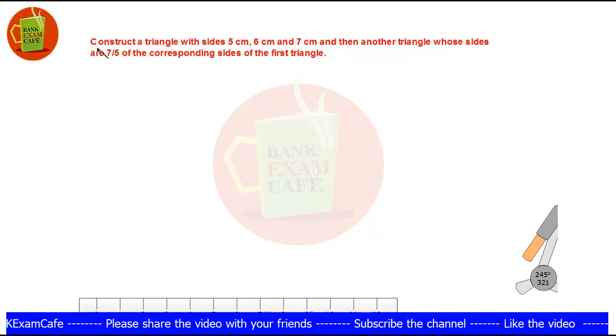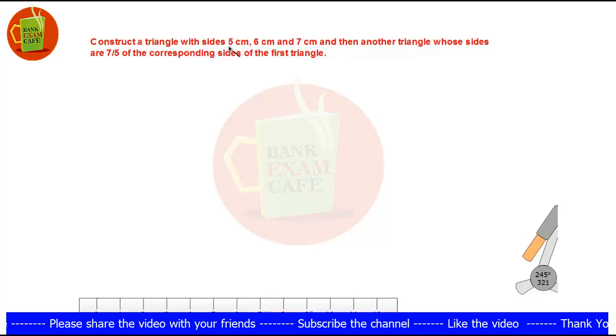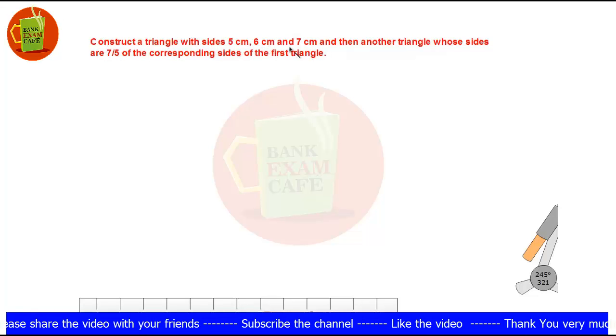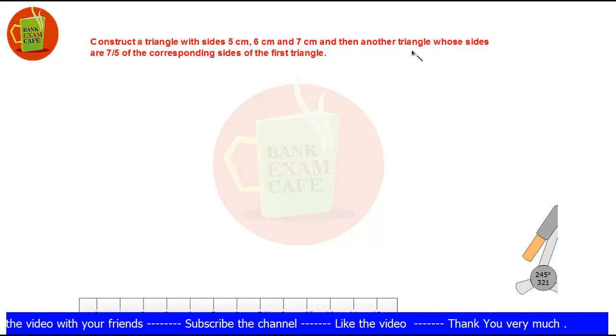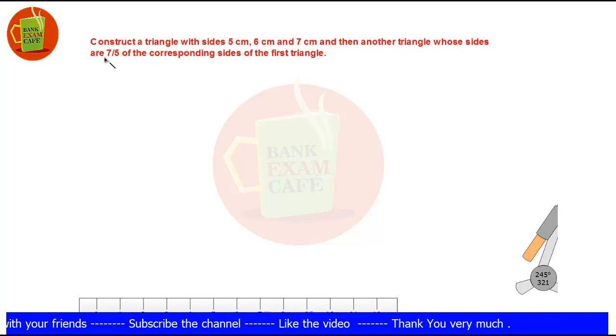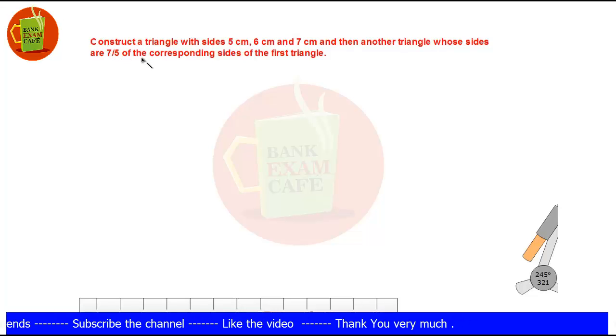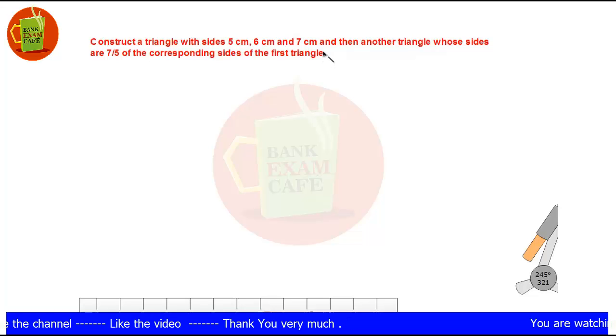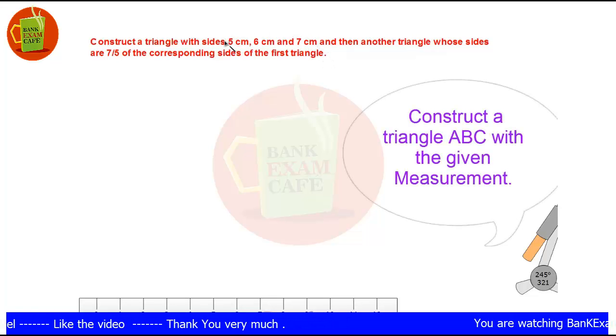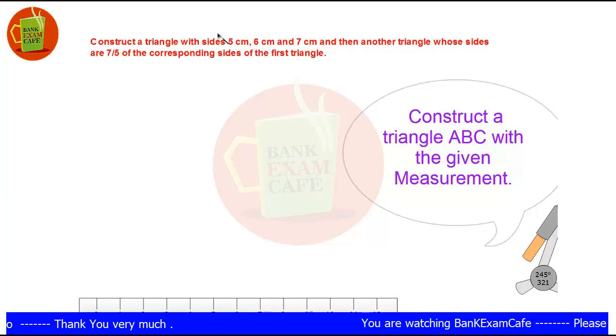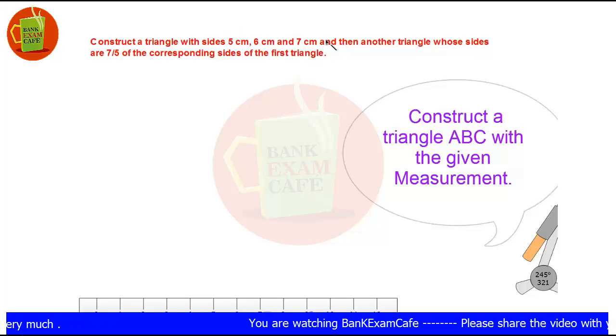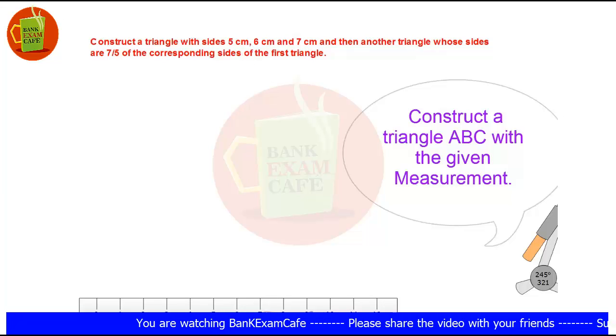Now the next question is, construct a triangle with sides 5 cm, 6 cm and 7 cm, and then another triangle whose sides are 7/5 of the corresponding sides of the first triangle. So first we have to construct the triangle with sides 5 cm, 6 cm and 7 cm. This you know how to draw a triangle with given 3 sides. So first construct